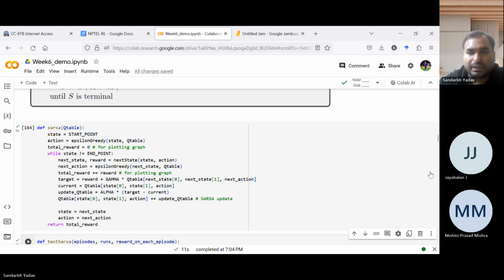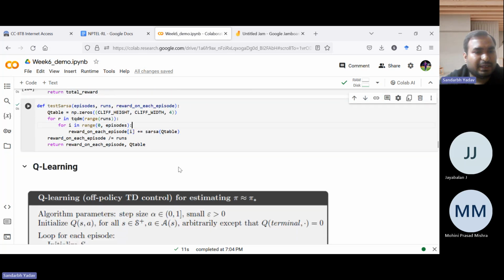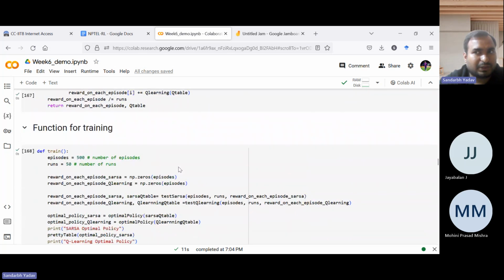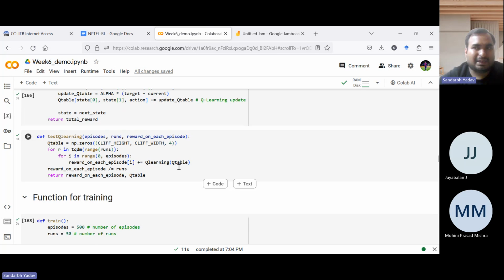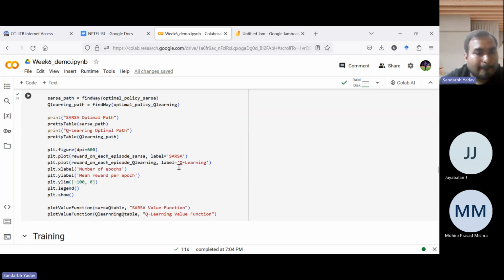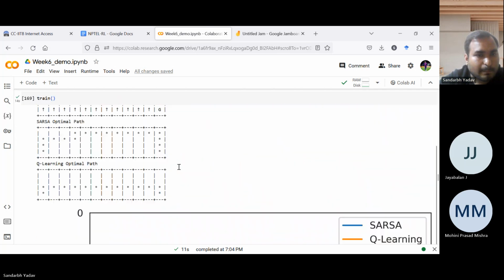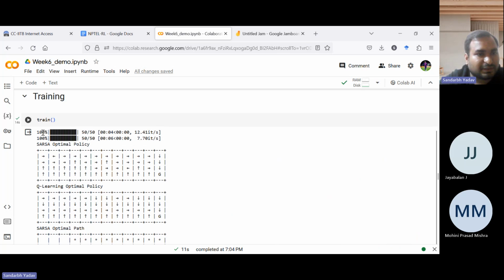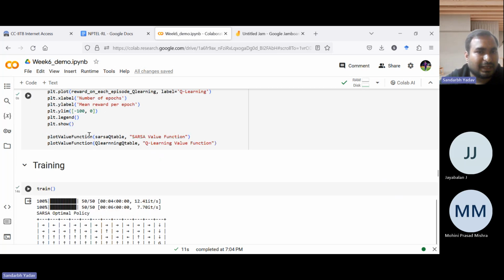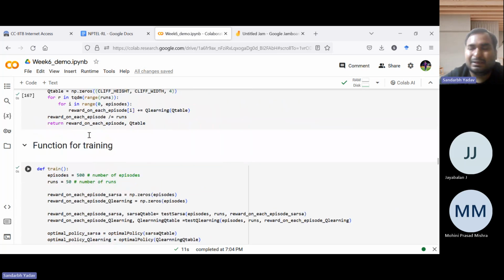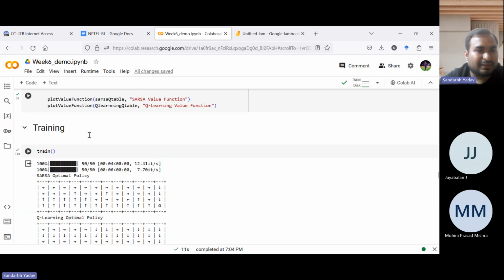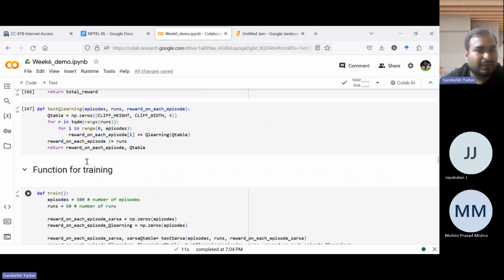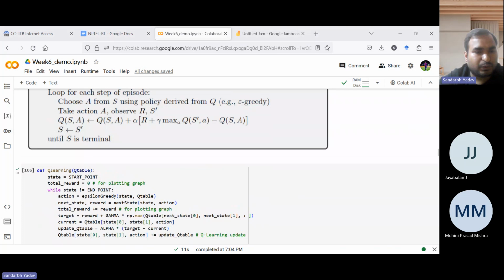Then, what is the role of TQDM here? I'll show you later. TQDM helps in printing the progress, like which episode we are on. So this progress bar goes up to 100%, it keeps increasing, and you can see how much progress you have made. Sometimes you are simply waiting, and instead you can see a number that it's 50% done or something. That is ensured by TQDM. I hope you got this.